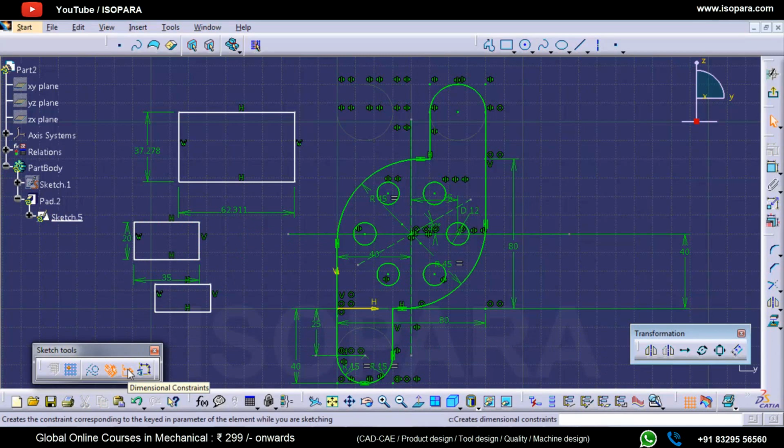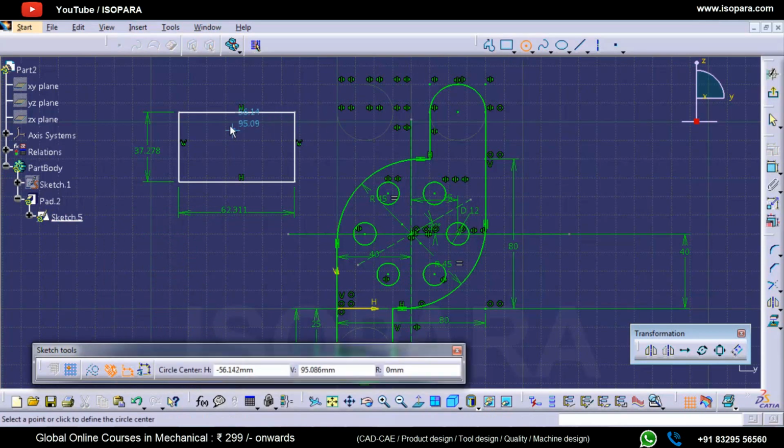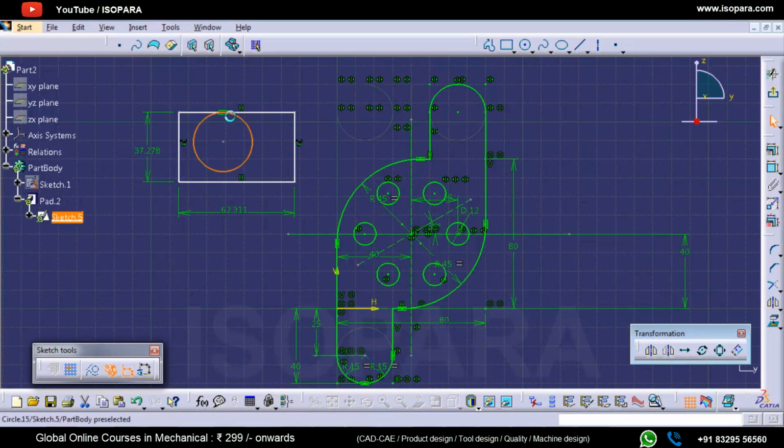So this should be checked on every time. Now the next is the command for geometrical constraints. Every time you have seen that when I create a rectangle, horizontal and vertical constraints are created. Also, whenever I create more entities like a circle, you will find that it creates a tangency constraint over here.